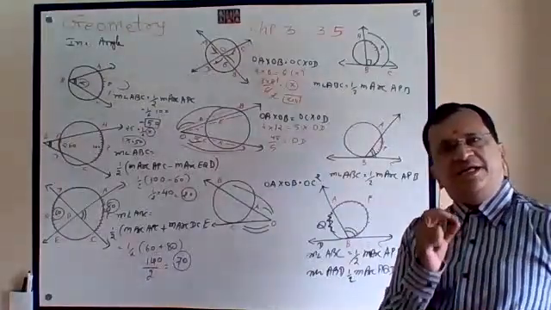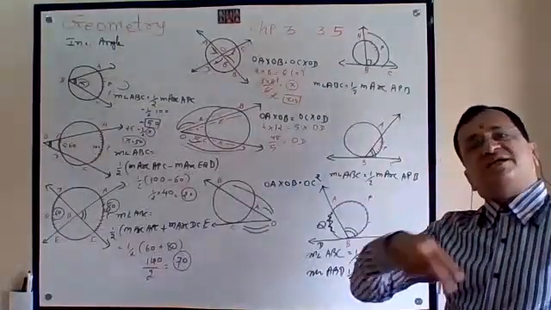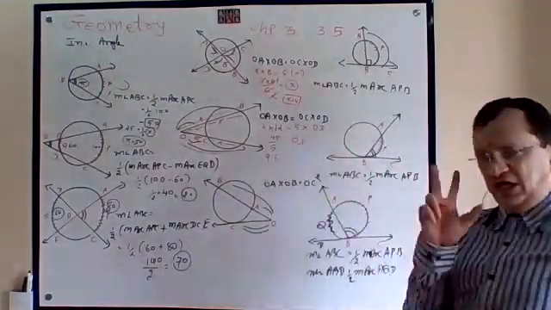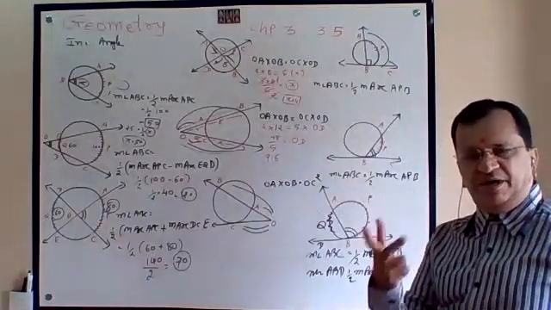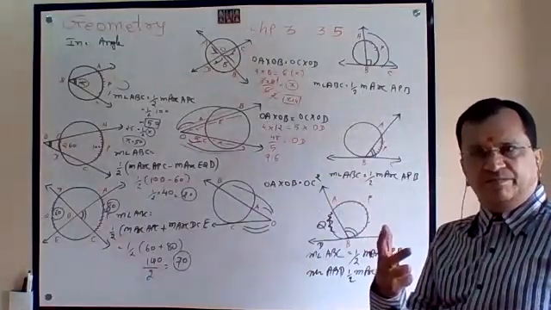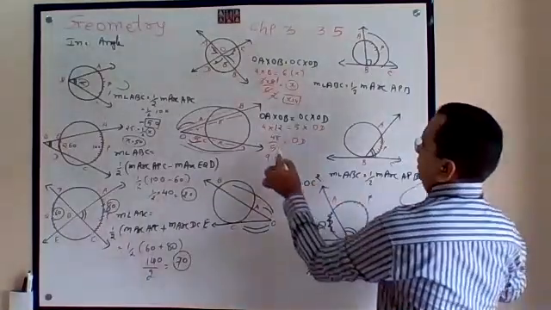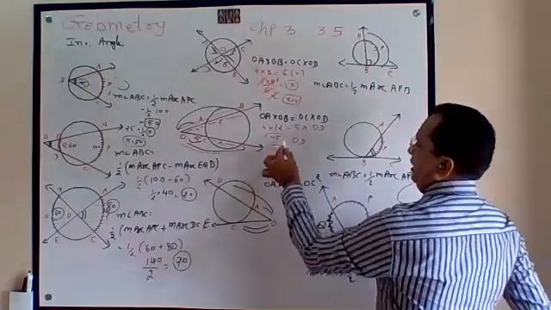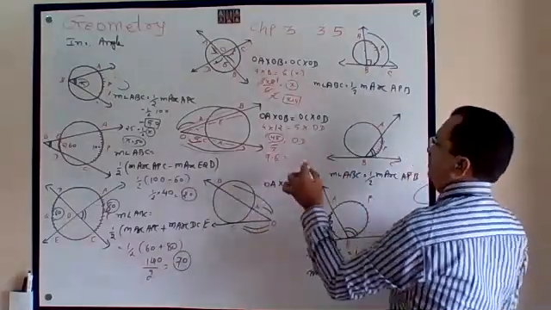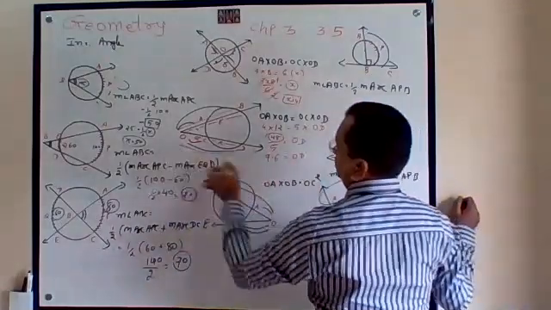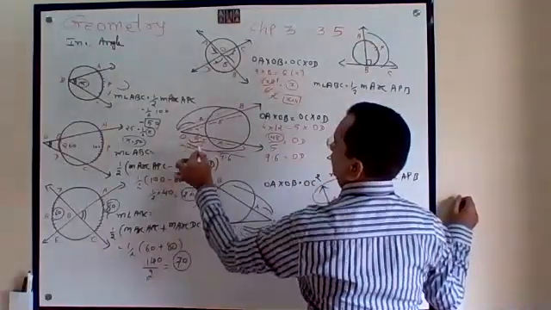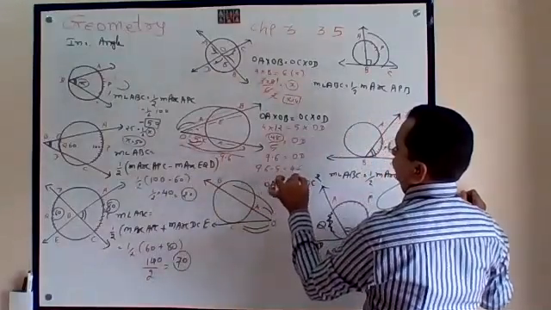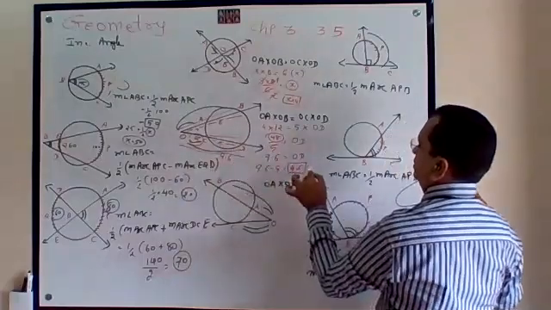48 divided by 5 is OD. Any number divided by 5, make that number double. 48 double is 96. Take a point. Any number divided by 5, make it double and cut one decimal place from the back side. So OD is 9.6. Among that, 5 is gone, so 4.6 is what? CD.